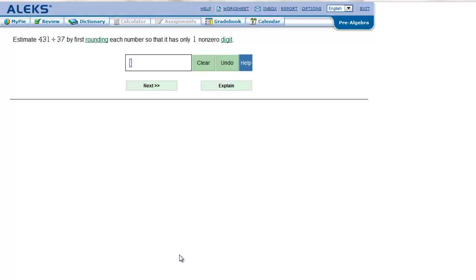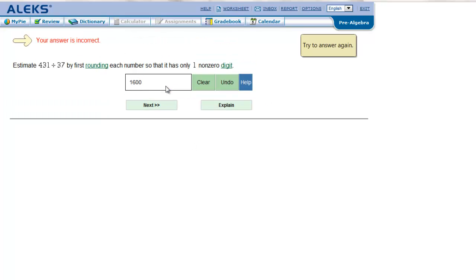Let's say I want to approximate this one. Okay. I'm going to throw in an answer. Don't know if it's right or wrong. It'll tell me right away. So if it's incorrect, it'll ask you to try again. Okay. If it's correct,